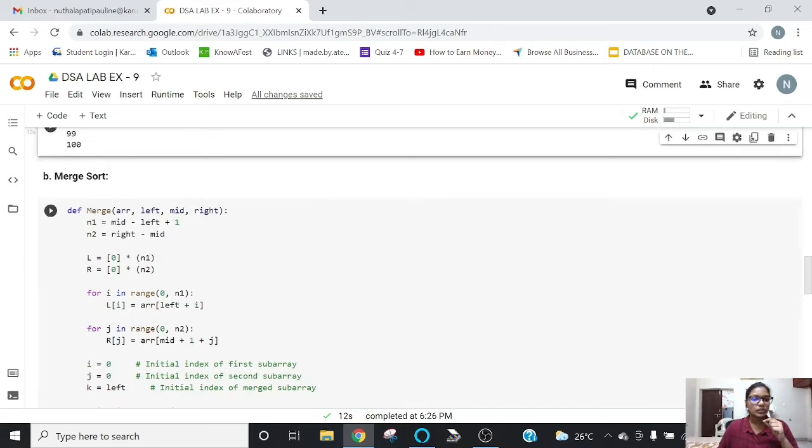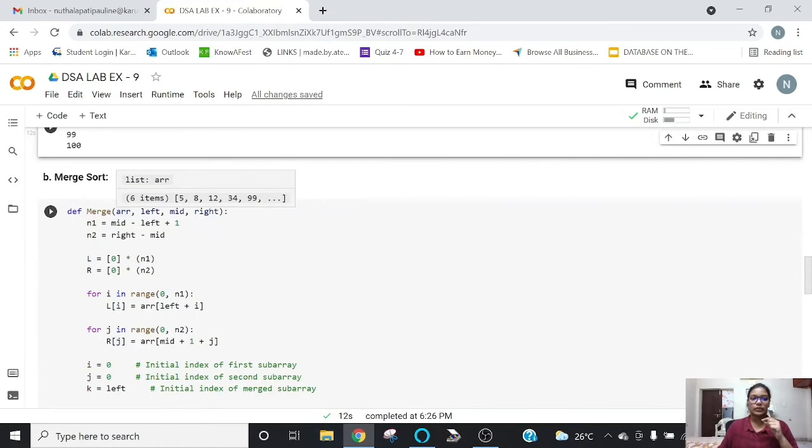Now let's see the merge sort algorithm. In this merge sort algorithm, we are going to use the divide and conquer method. For that, I have created a function definition called merge, which has the code for merging and sorting two arrays or the items in them. I have given arguments like array, left, mid and right, where left means the values on the left side, mid is the middle value, and right is the right side values.